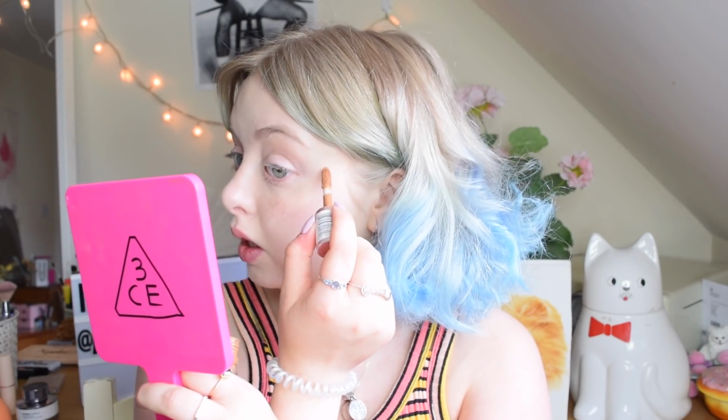I got the colour C1. I also have a dark concealer which is in the colour C13, which I like to use as a liquid bronzer. So I just dot this. I've learned that if you put this too far down it just gets muddy around here, so you just put it up quite high